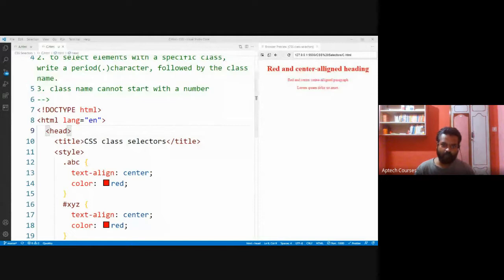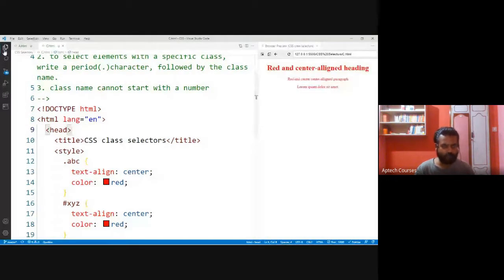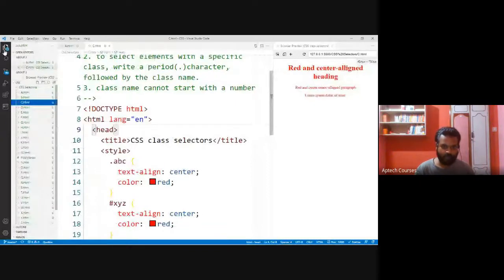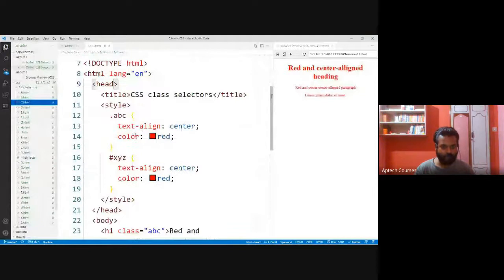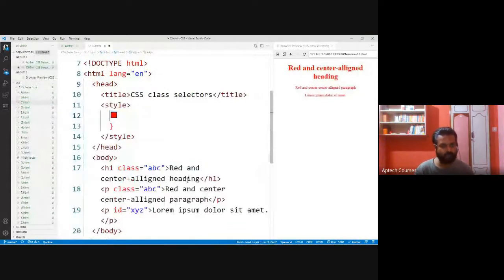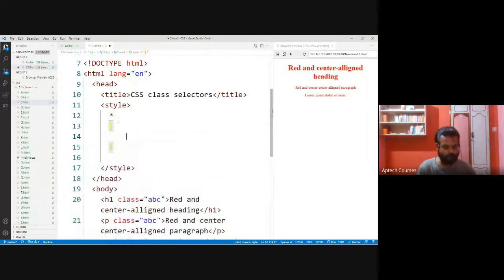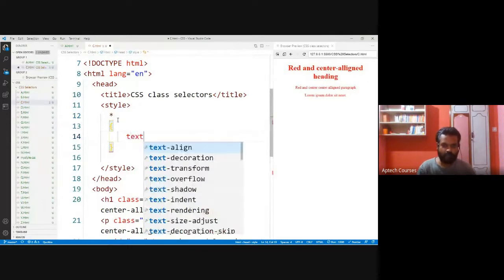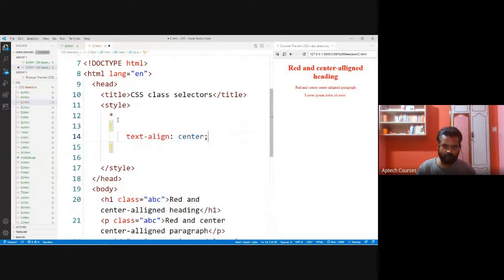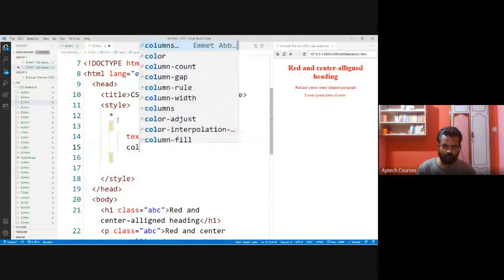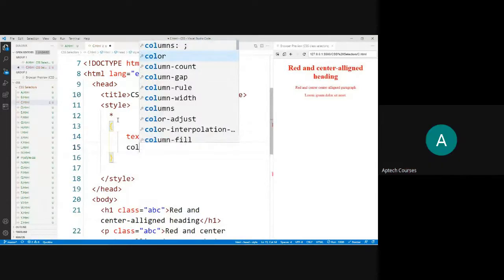Now we have universal selector also. Universal selector. Let me remove all these things. Everything. Star. Text align center, then color is red.